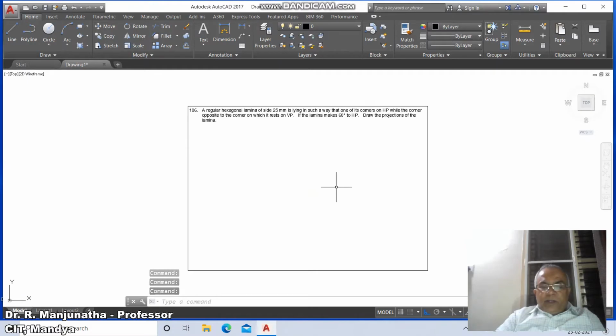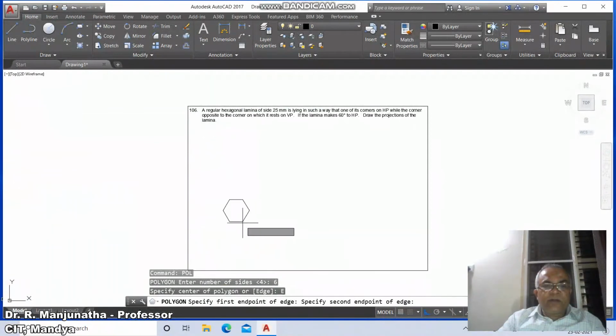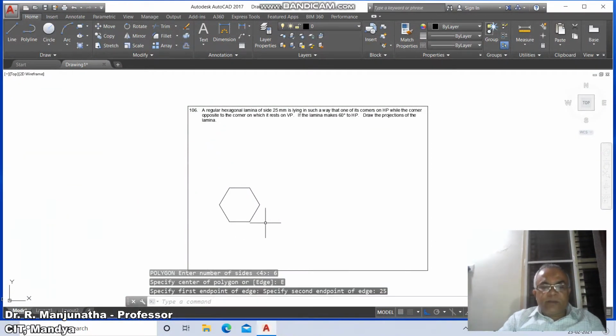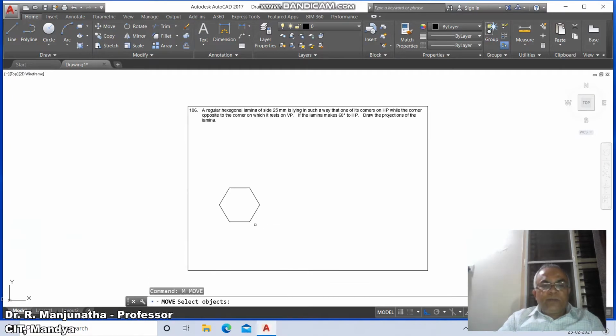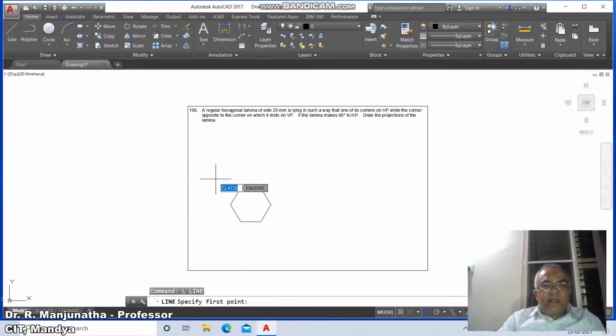Now we go for the polygon command. The number of sides is 6 because it is a hexagonal lamina. Consider edge: take the first point of the edge as horizontal, and take the distance as 25 and press enter. Then move and place it appropriately, and then go to line and draw a horizontal line of some distance,